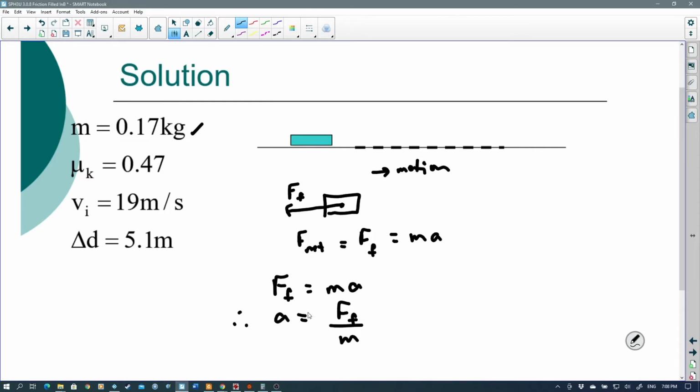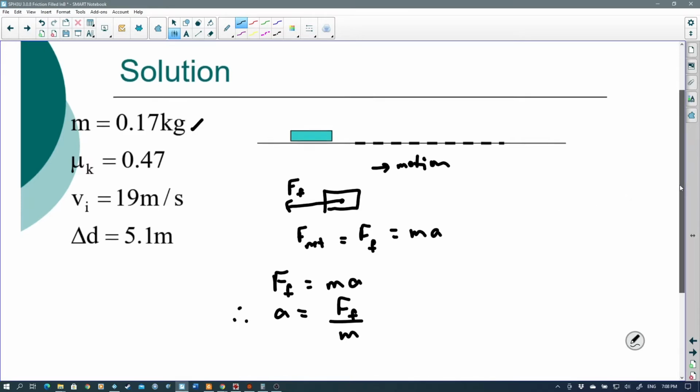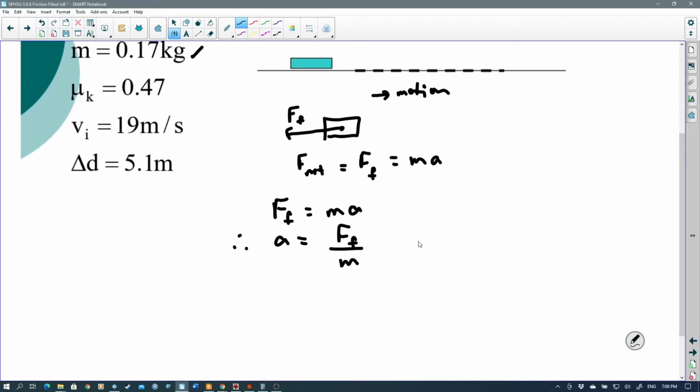Now, you'll notice here that I'm not putting the vector symbols. I'm just doing that to speed things up a little bit. The arrow shows us what direction the force of friction's in. We'll deal with any of the directions later when we actually need them. Right now, we just need to calculate the magnitude of the acceleration, and when we use it in the next part of the question, then we can use the directions. So we know that the force of friction is equal to mu times Fn,